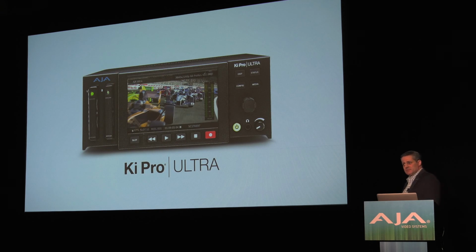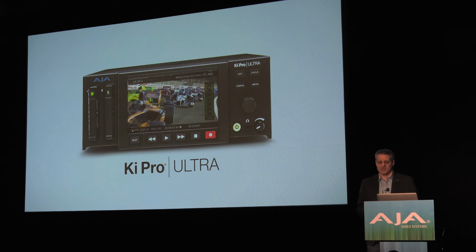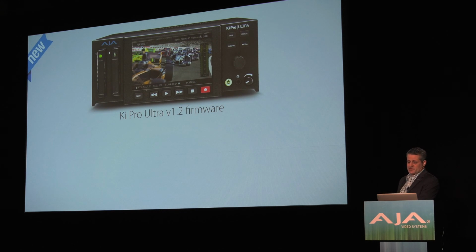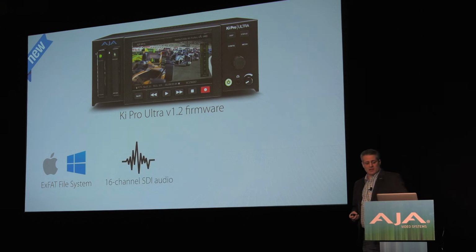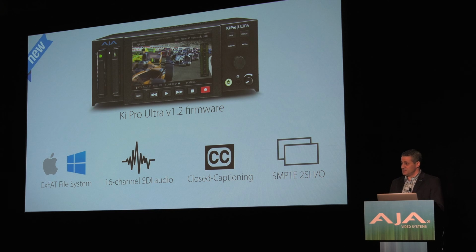So KeyPro Ultra is our KeyPro that we introduced at Interbeat. I mentioned it in the beginning. It's 4K 60p capable. Really, really nice box. Been extremely successful for us, and every month we're seeing it grow and grow. Since November, we've already had 2 firmware upgrades for it that are significant, not just bug fixes, but feature adds. We have a new firmware upgrade here with long-time customer requests on the KeyPro side, exFAT file system support. All the KeyPros currently use HFS Plus, which is native to the Mac. We have now added, in addition to HFS Plus, exFAT support,